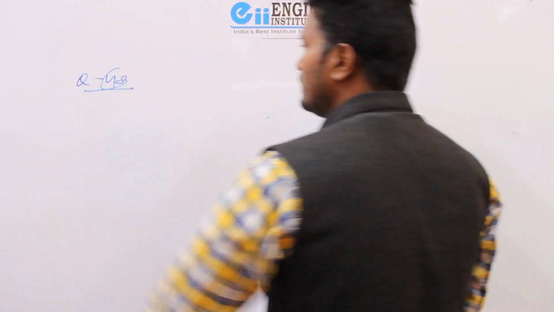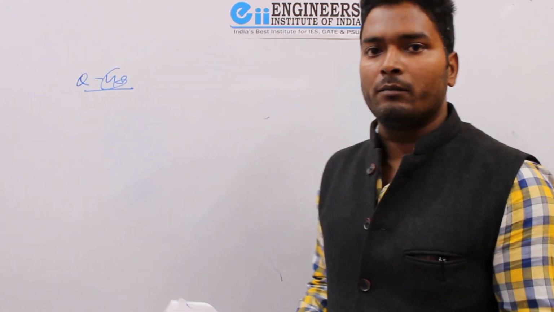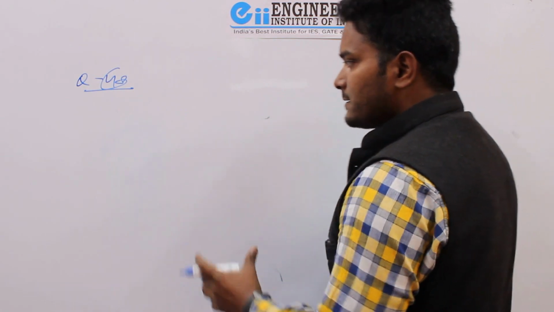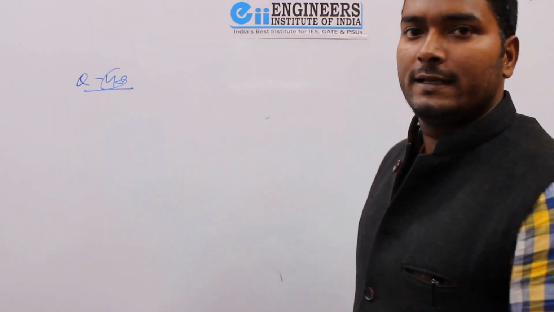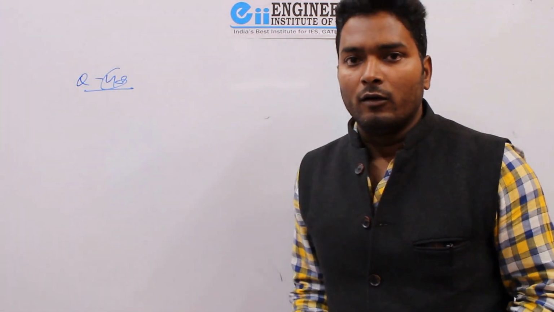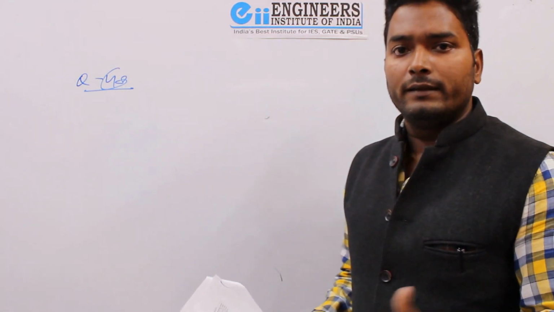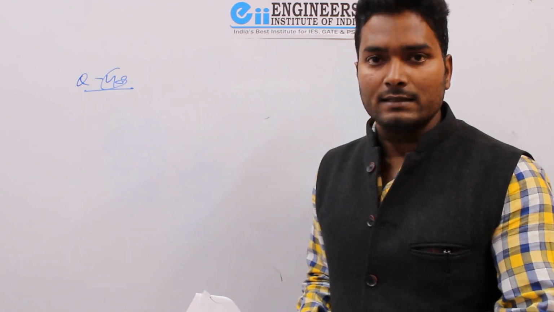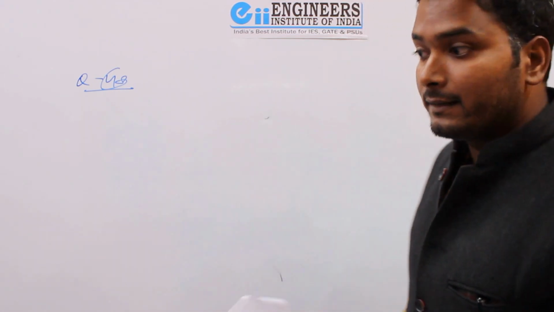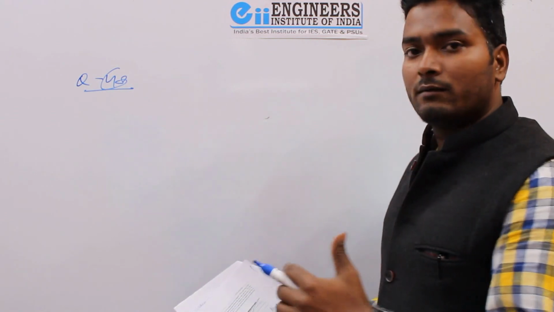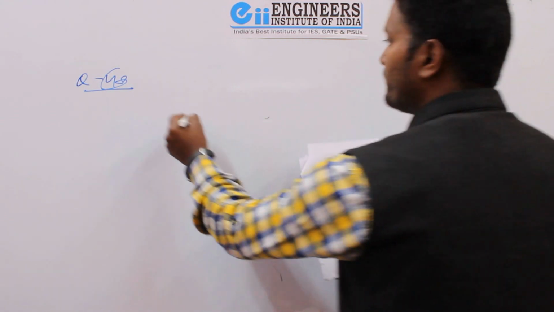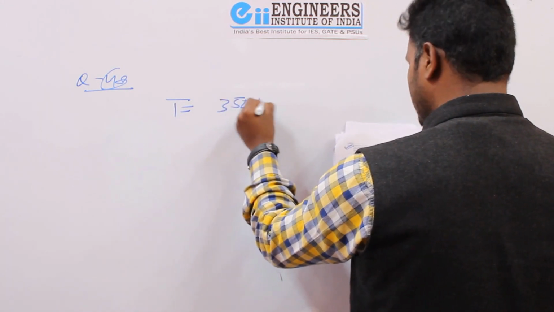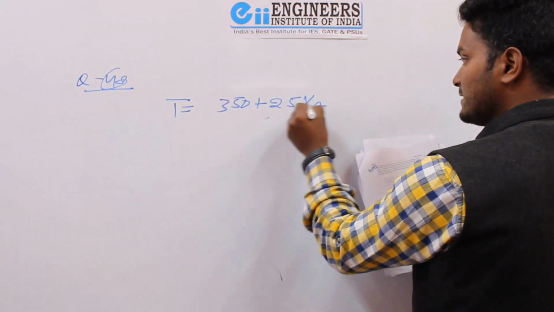Now this question is totally based on the combined form of mass balance and energy balance. In the form of energy balance, they have given how the temperature is going to change with respect to conversion. Since the reaction is exothermic, as the conversion increases, the temperature increases. This relationship between conversion and temperature is given as T is equal to 350 plus 25 into XA, where XA is the conversion.